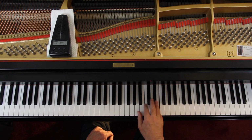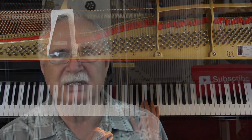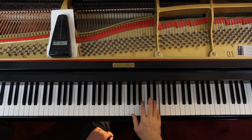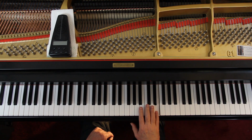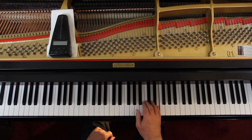But these repeated notes on a fast piece don't work very well, especially with a little finger. So I'm going to recommend we use other fingers here, and it's 5 on the first one, but then I want to use a 1, 3, 1, and then a 5 on the last. So I'm using the 5 on the first and the last, but then a 3 and a 1 on the others. So it's 5, 1, 3, 1, 5. 1 and 2 and 3 and 4, and 1 and 2 and 3 and 4 and...